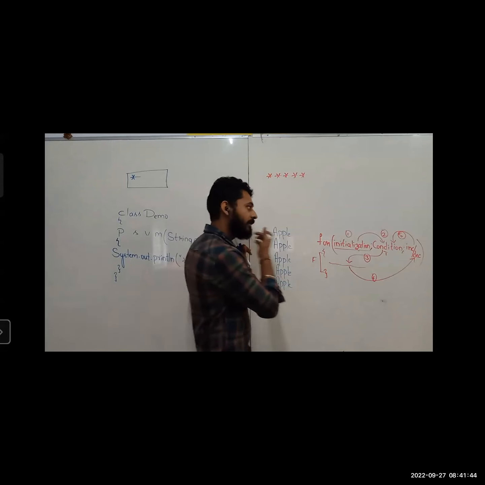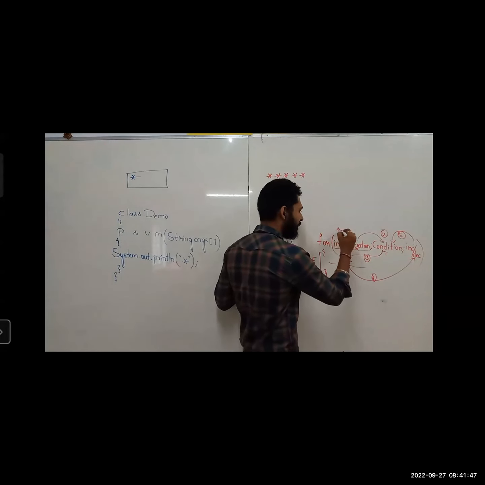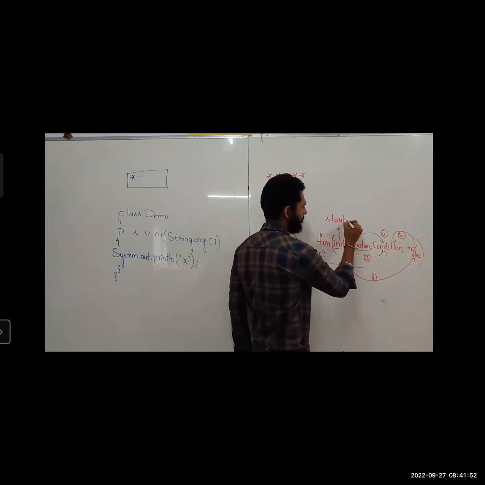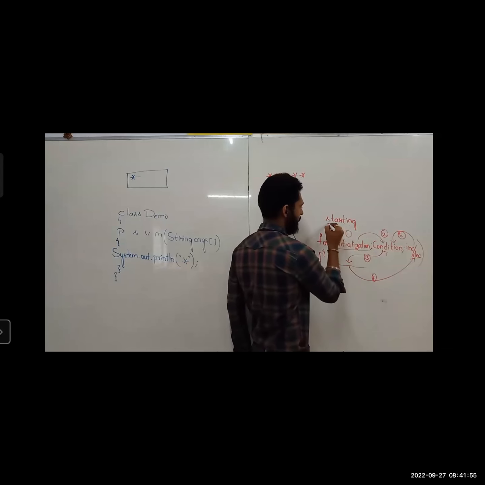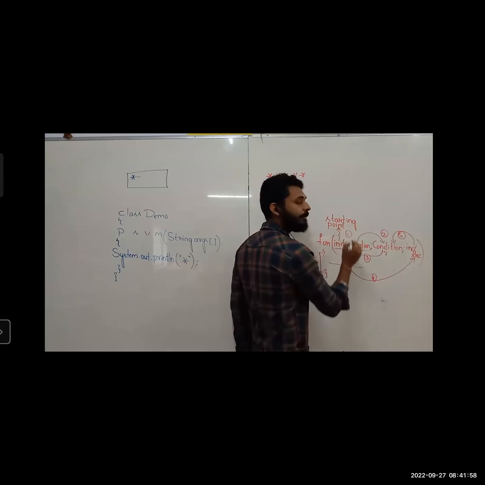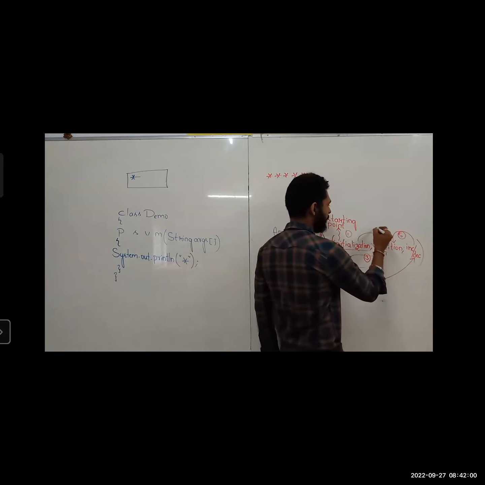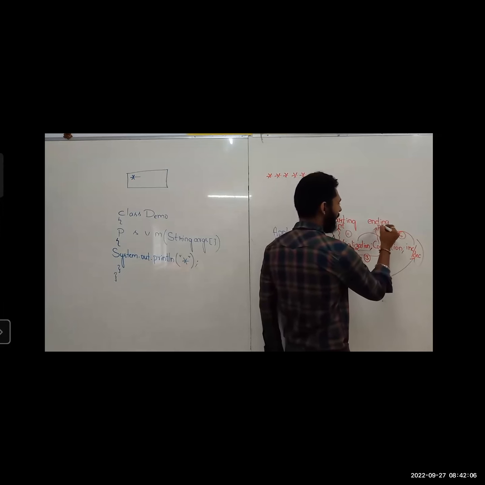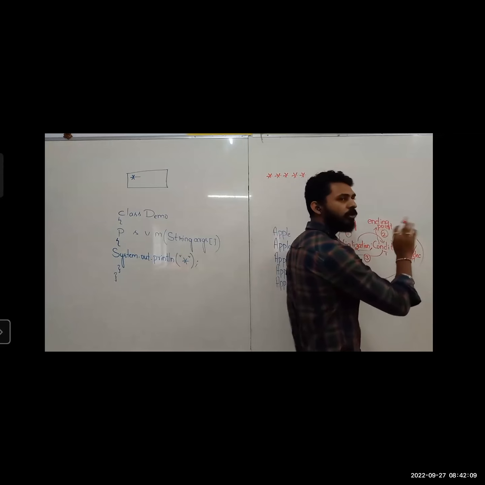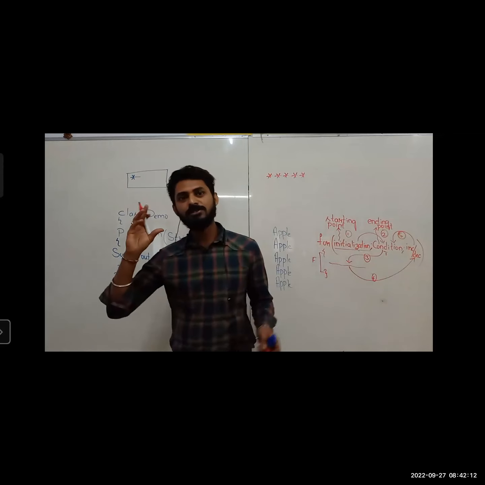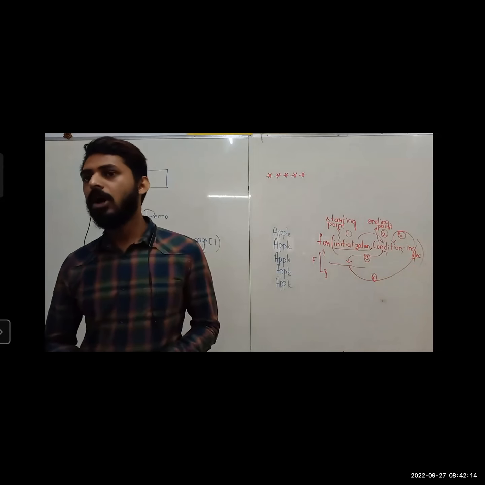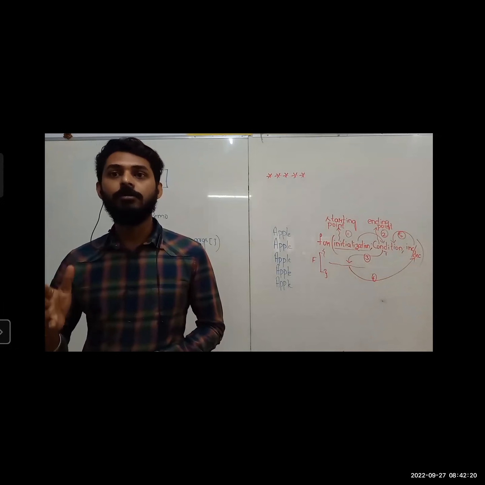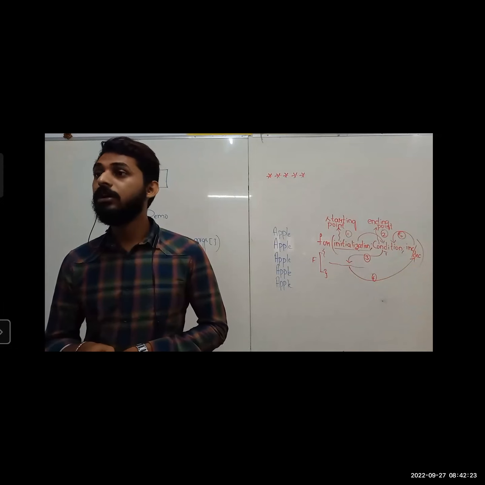What is that? This is more or less like what some of you already know. That is your starting point. This is nothing but your starting point. Then what this will be? This will be your ending point. What do you mean by ending point? Forget about programming, logics, leave all those. Normal English word. Ending point means what? Where you should stop. For all of you, where you should stop.